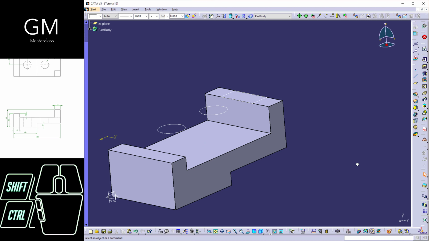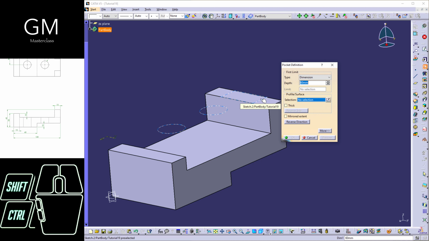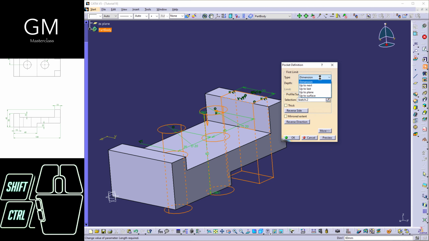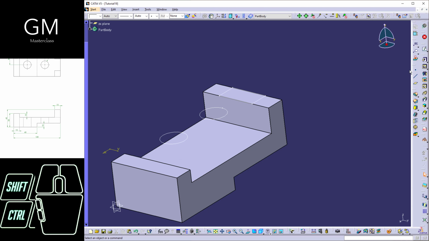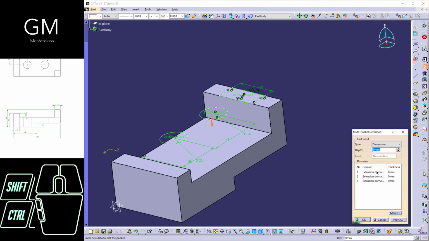Okay, what I was going to say is that, well, using the multi-pocket definition is not possible, but for when you have, for example, just to create this hole, you can change this part to up to plane and then select the plane that you want. For when you want to create it, it is going to be generated till the plane that you have selected. All right, but this is not the case for when you want to use the multi-pocket definition tool. All right, so in this case, yep, we have to define the 20 millimeters,